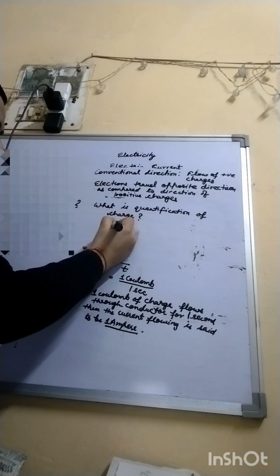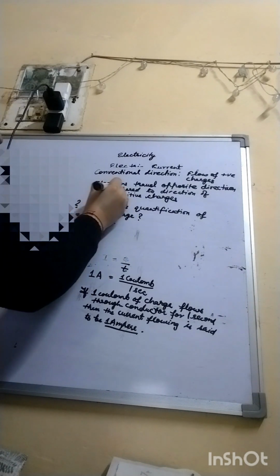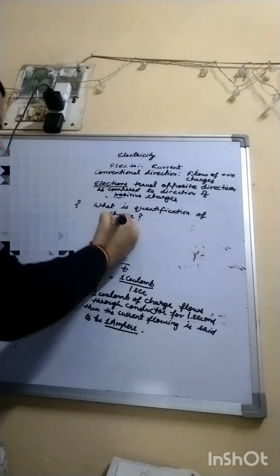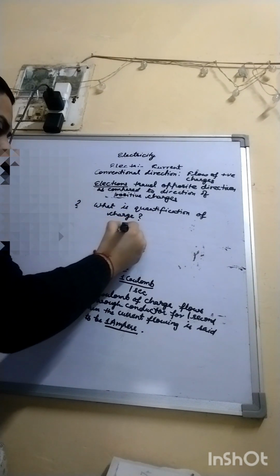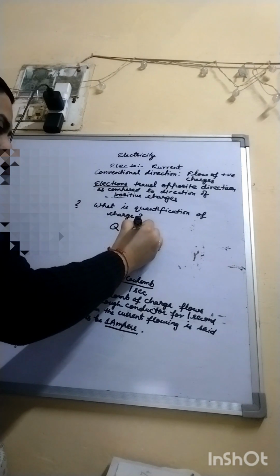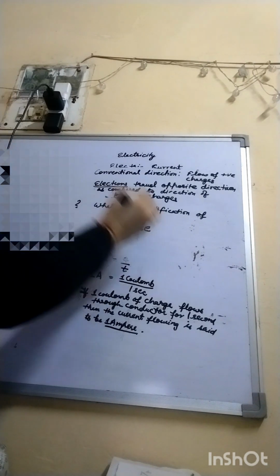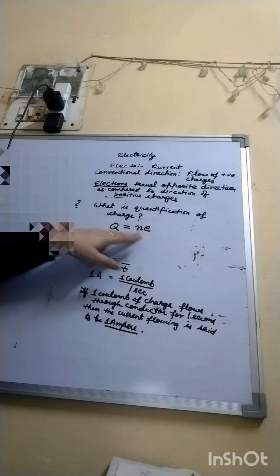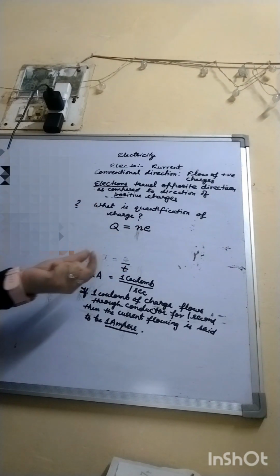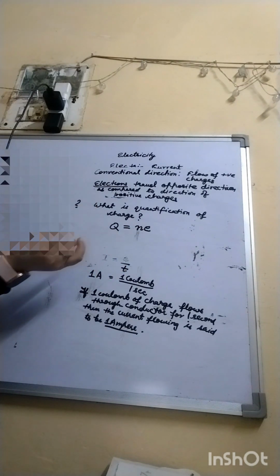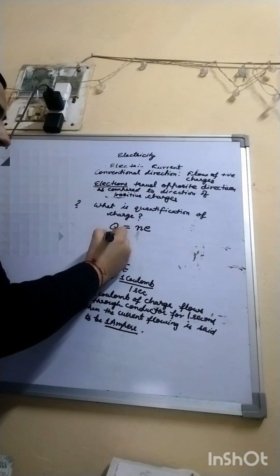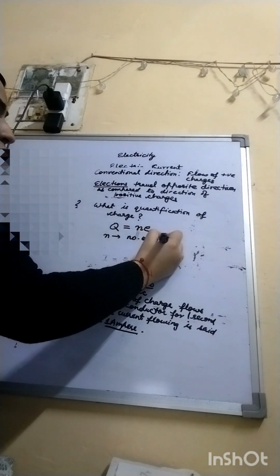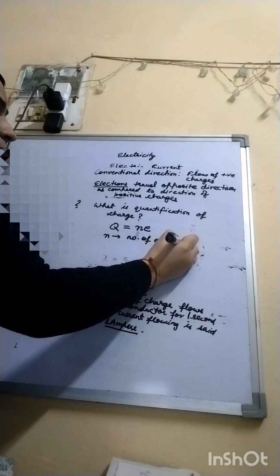Now we know that electrons are the reason for the flow of electric current. So quantification means you have to write Q is equal to NE. This is the quantification of charge, meaning the amount of charge that is flowing, where N denotes the number of electrons flowing through the conductor,